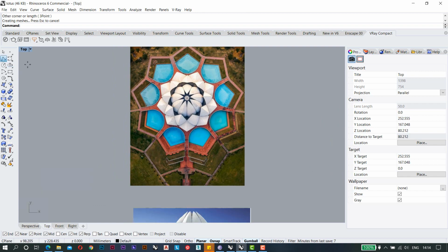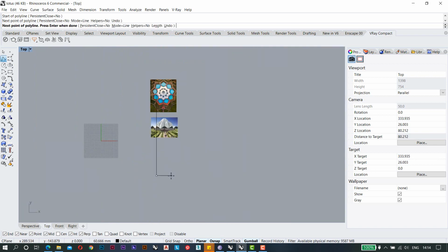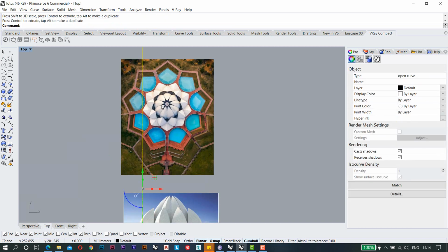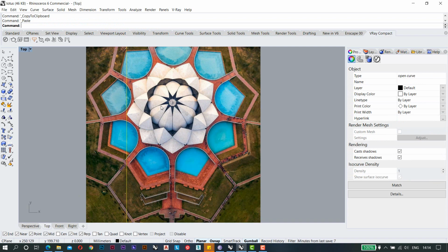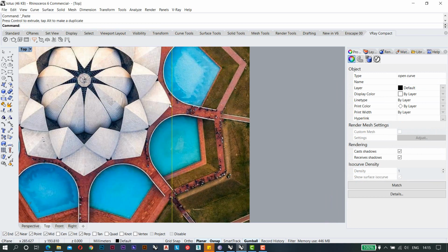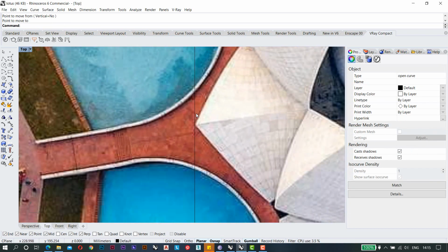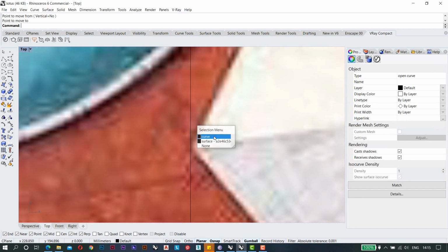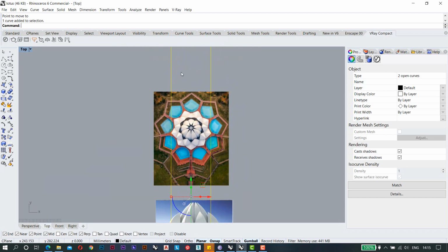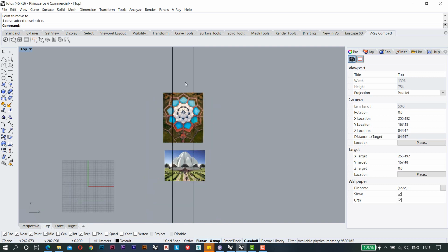I am making one line here, which is this one, and I will scale it. So Control C, Control V, and there I will have another line which goes up to this point. Basically I will take reference from this curve up to this curve. This dimension I am considering 100 units, whatever the units are.